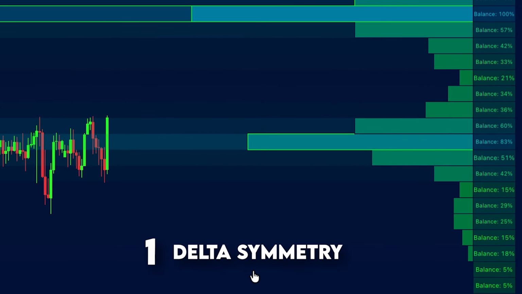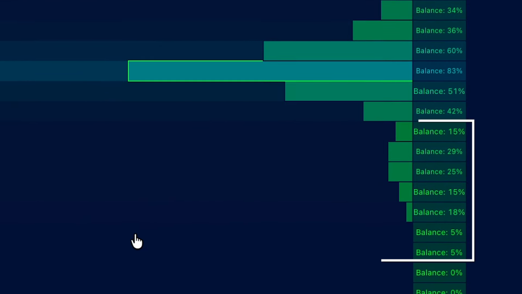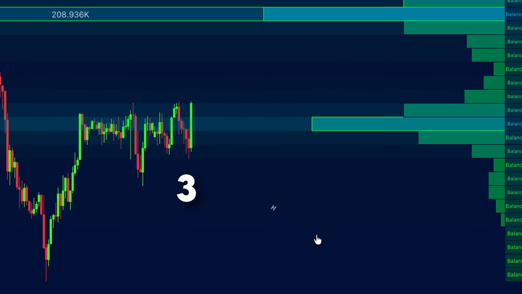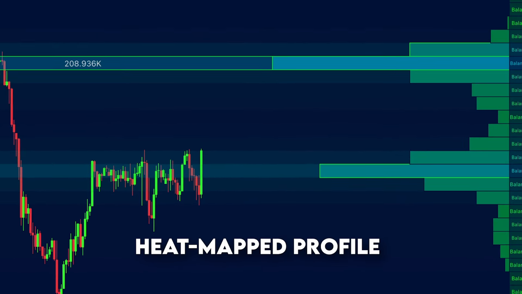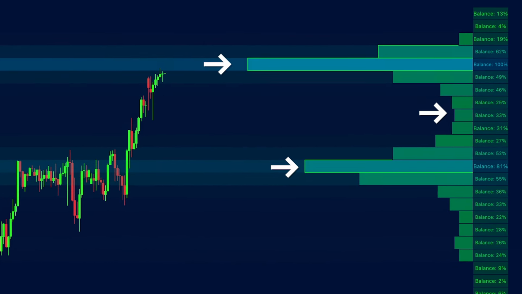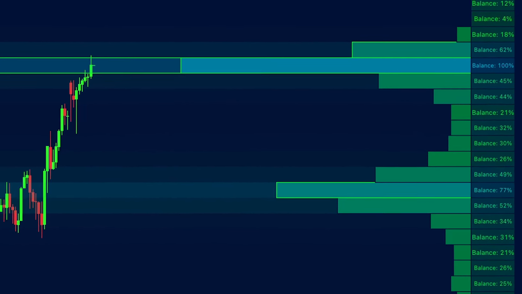1. Delta symmetry, showing balanced buyer-seller pressure. 2. Price compression, revealing where price coiled tightly. And 3. Hit frequency, showing how often price revisited that level. The result you get is a heat-mapped profile that separates genuine fair value zones where institutions accumulated from thin areas